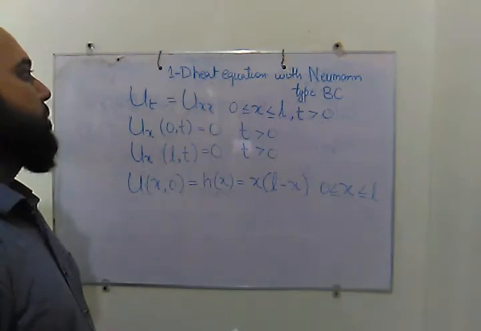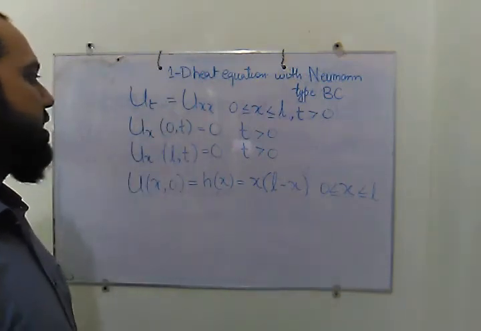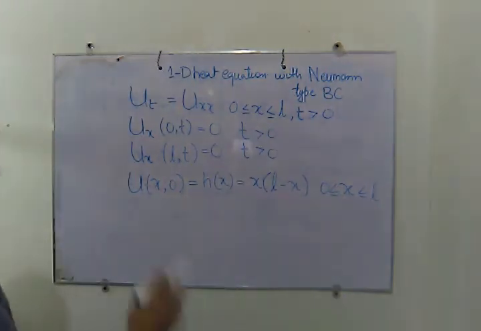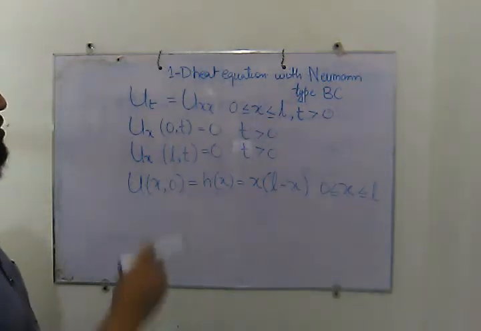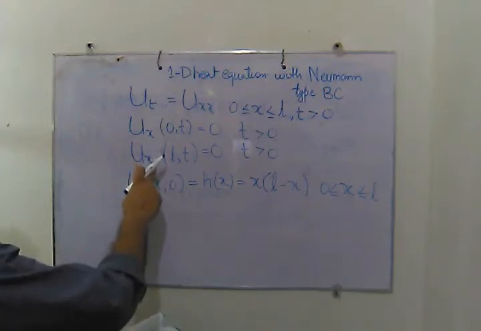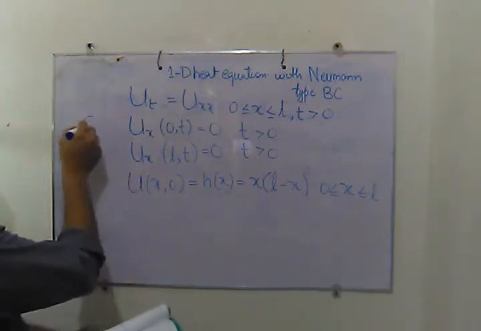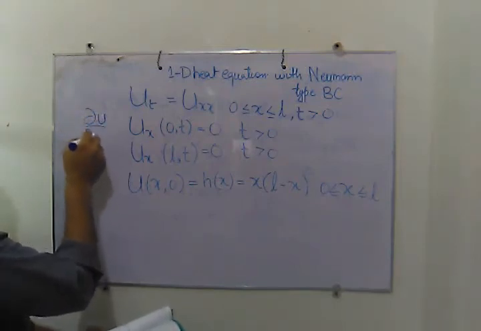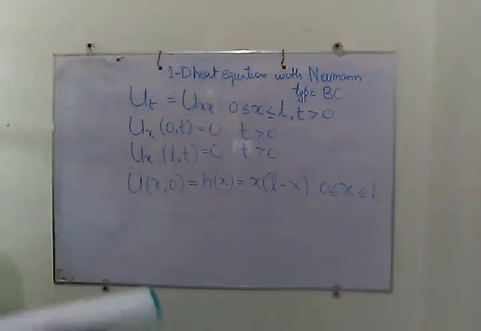Now here we see that this is the same heat equation we have solved earlier, but the boundary conditions are given in the form of derivative. So we have a subscript x with u, which means it is typed in the form of partial u upon partial x. So this is the same. However,